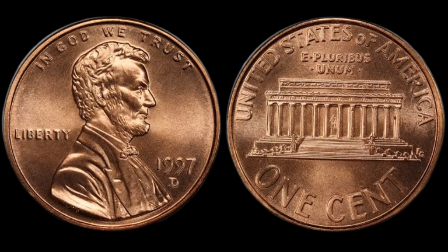tens of millions and climbing rapidly as competing parties drove the price higher and higher, eventually culminating in a final hammer price of $408 million, making the 1997 error cent not only the most valuable modern U.S. coin ever sold but also one of the most significant pieces of minting history in the world, and the coin's